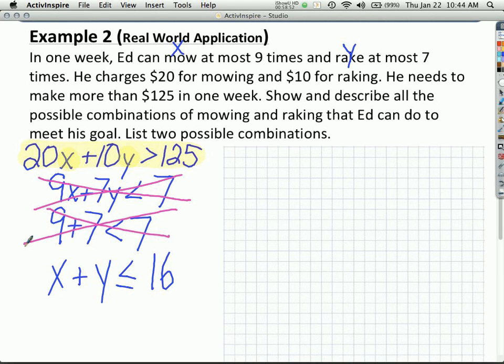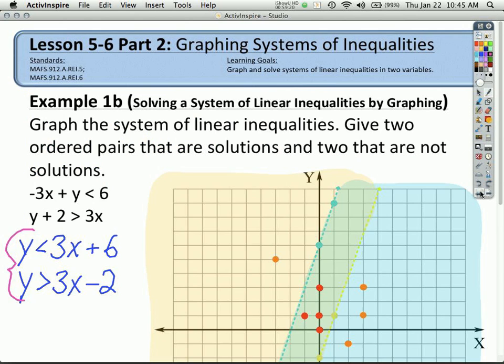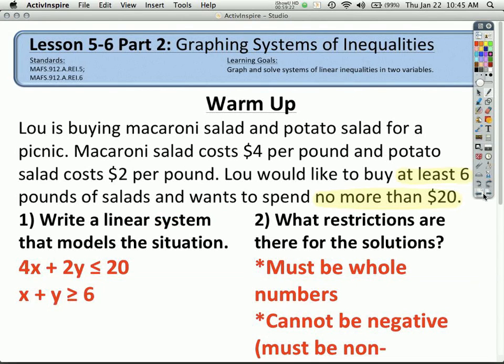And so now here's where we start getting into the difference between regular algebra in 10th grade or 9th grade and Algebra 1 Honors in 7th or 8th grade, is that this is higher level thinking. And so this is part of the expectations that I have of you and the state has of you. x plus y is less than or equal to 16 is what I would have expected, because there is some similarity between that and today's warm-up.